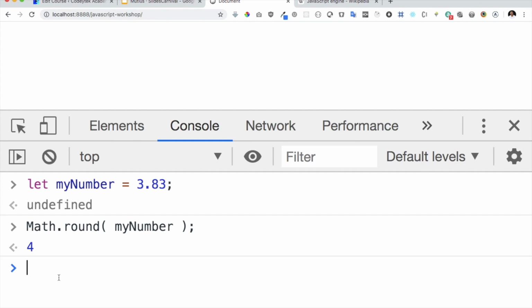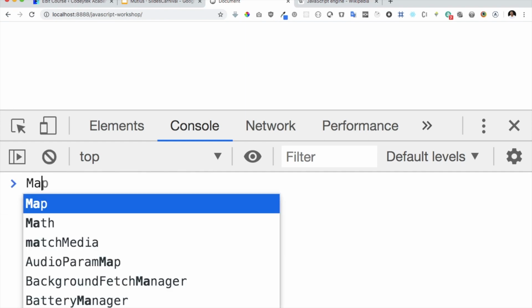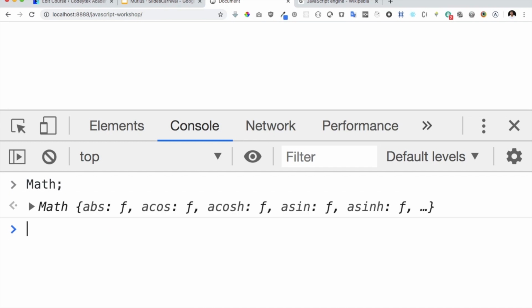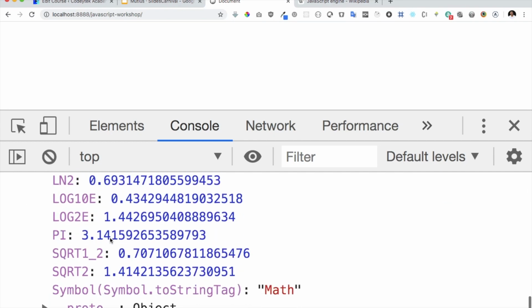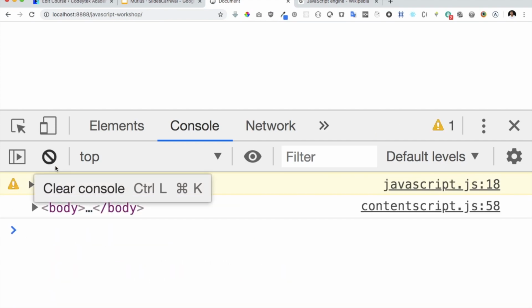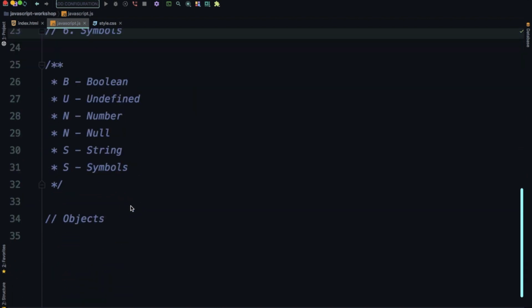Awesome. There are other methods available as well. You can check it out. You can always print Math like this, and you can see what the different methods are that are available. You can get all of that and use them. Okay, awesome, great. So we're done with the numbers. We've already discussed null and undefined. We can get into detail about symbols later on, but for now I think one of the most important ones